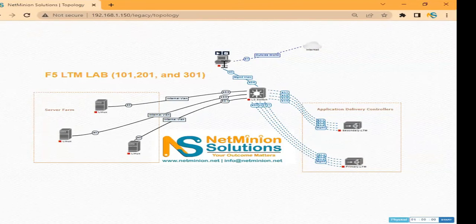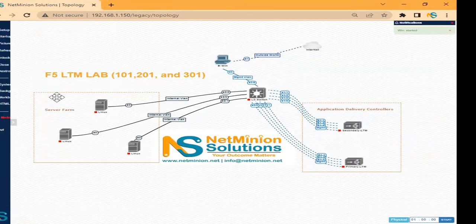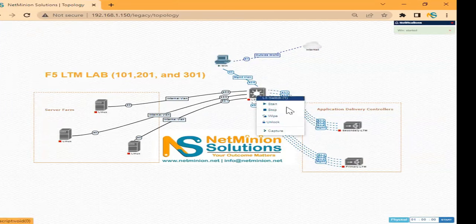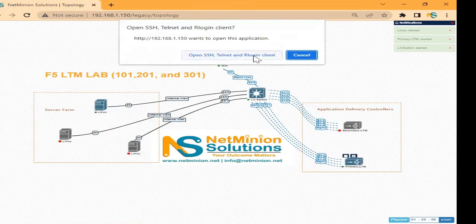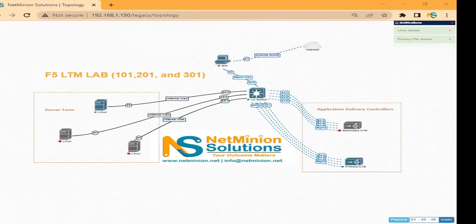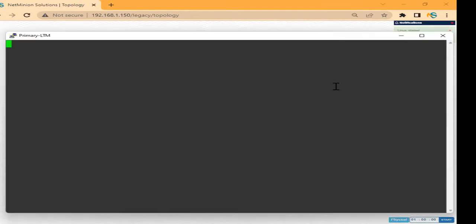So we have such a lab available. This is a Windows PC, where we will take the management. We will do a lot of stuff over there. I'm starting the F5 LTM, starting some of the servers probably. It will take some time. If I double click on this and press OK, a console should open in front of me. This console will be available after a few minutes because this is the F5 LTM machine, which will boot up and usually takes 3 to 5 minutes. So let's wait for some time.